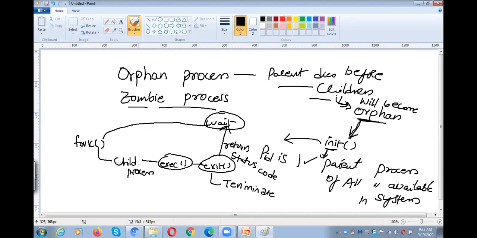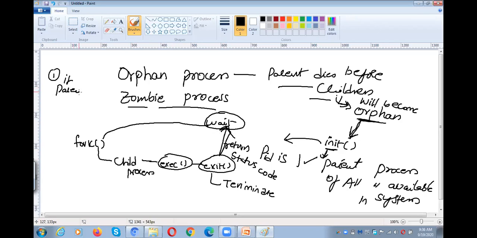Whenever the child process is created using the fork system call, the child process will execute the code by using the exec system call. After executing the code, it would like to terminate. Whenever it terminates, the status code will be returned to the parent process. The parent has to accept the return code, but the parent may accept or may not accept.